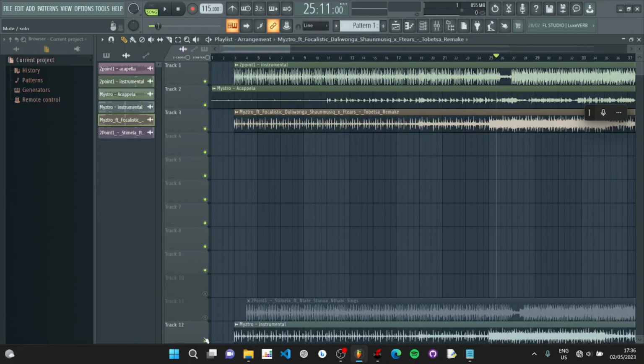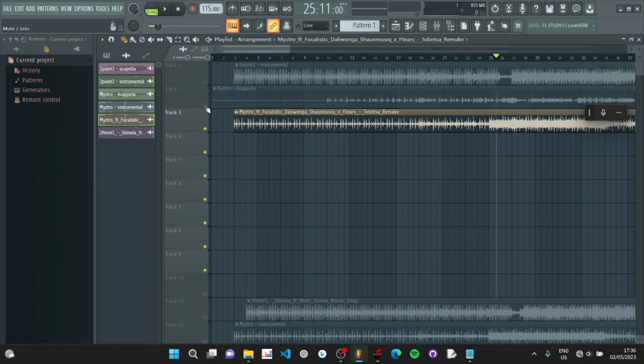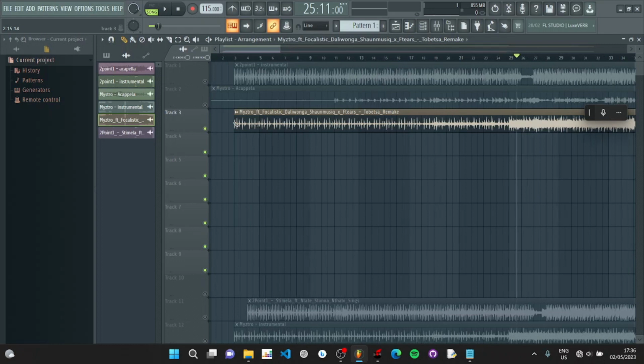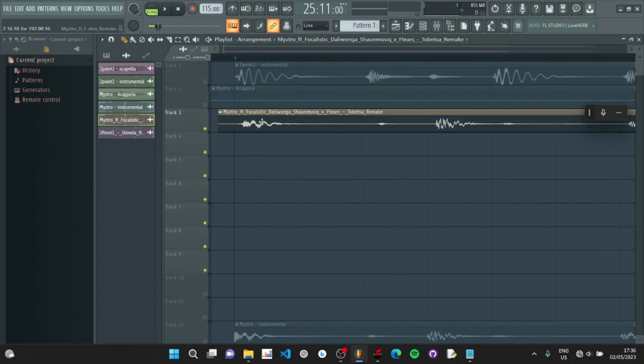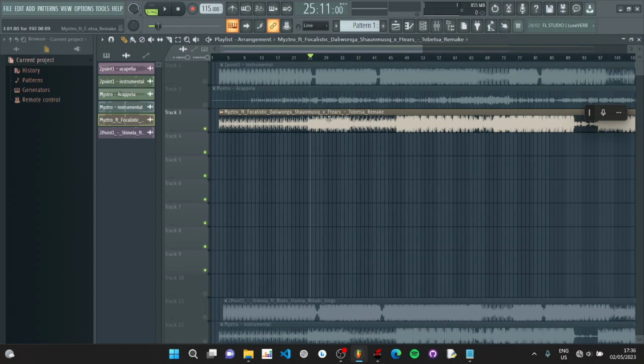So what I'm going to need to do is mute all the other tracks, just to make sure only the original track will be playing, which is this one. I'm also going to line it up, making sure the first beat is on this main line. Once I've done this, I need to listen to hear where the acapella comes in. Then after that, I'm going to take this acapella and match it with the original track. Once I've done that, now I know where I can put the acapella. Now it will be easy to use the acapella with any other instrumental, making sure that the acapella is not off beat. It will always be on beat.